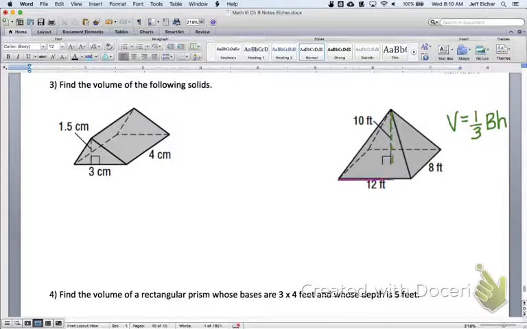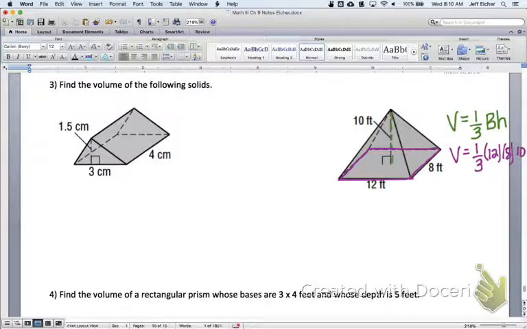The base is this, which, because of perspective, looks like a parallelogram. It's really a rectangular base. That's 12 by 8. So the volume actually is pretty fast. Everything's given to us, so we just multiply the dimensions. 1/3 the area of the base, 12 by 8,